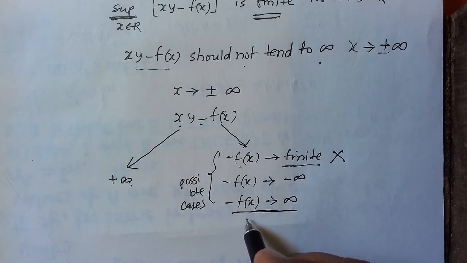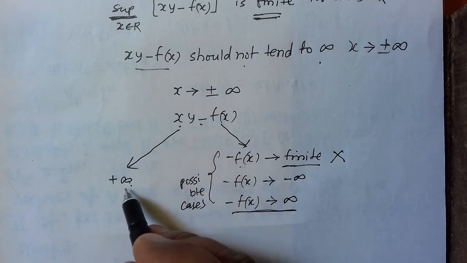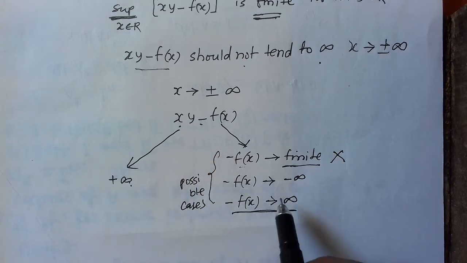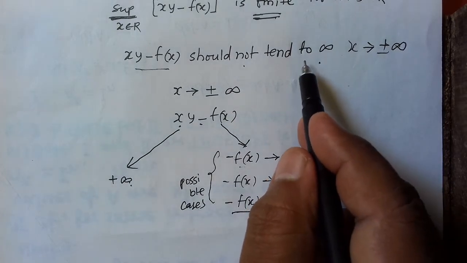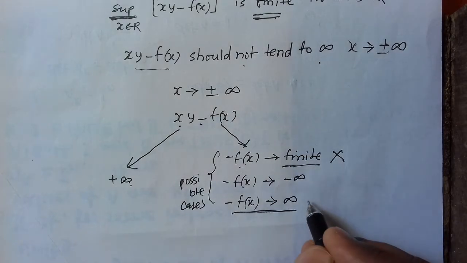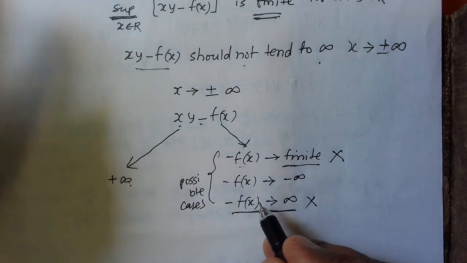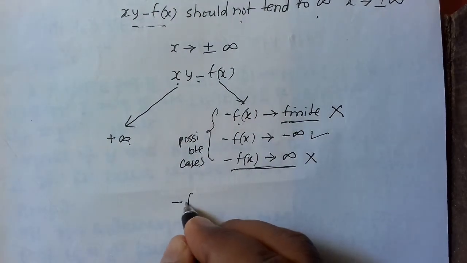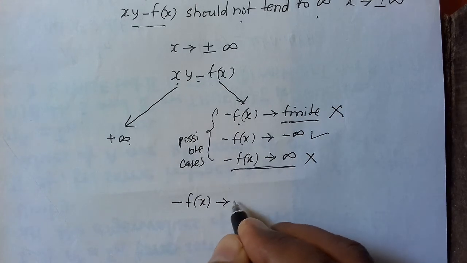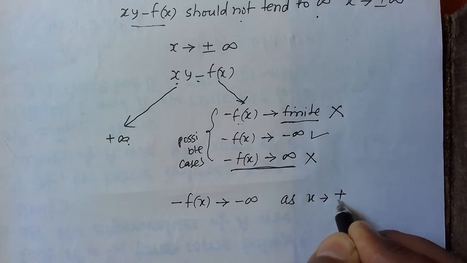If minus f(x) tends to plus infinity and xy is also tending to plus infinity, the sum of these two will be plus infinity, and according to our scheme this should not be plus infinity, so we cannot take the third either. Now it remains only the second, minus f(x) tends to minus infinity